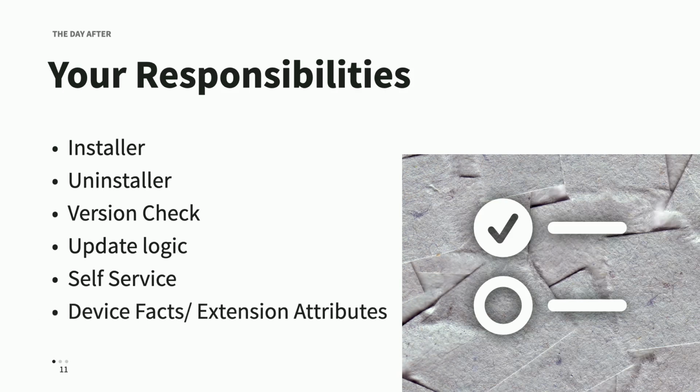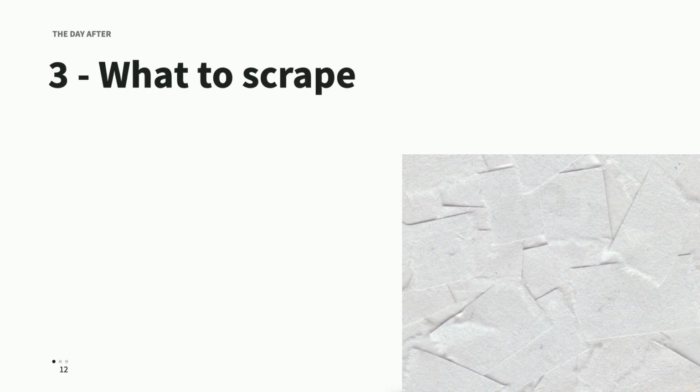And the last thing, what we're focusing on here is custom attributes, device facts, extension attributes, whatever your platform calls them. These are going to be specific pieces of script output that tell us useful things so that if somebody comes to you asking for a report, you don't have to start from scratch. You can be like, oh, I figured you'd probably ask me about that. Here it is for 400 machines. On that note,